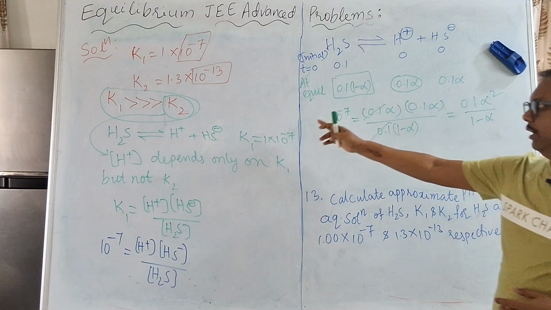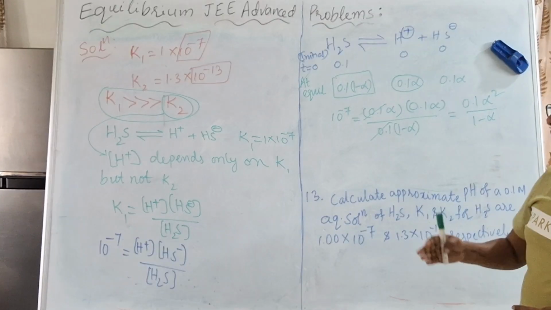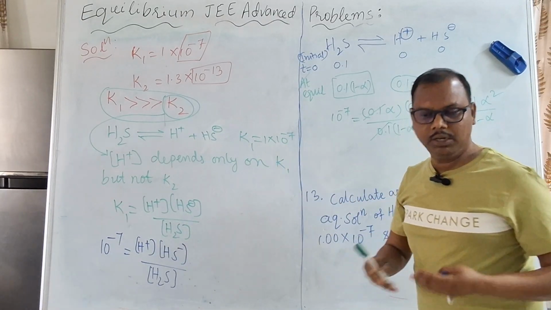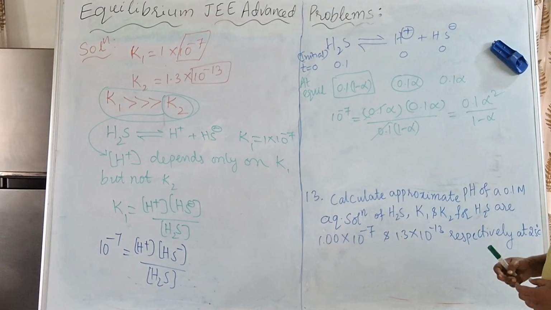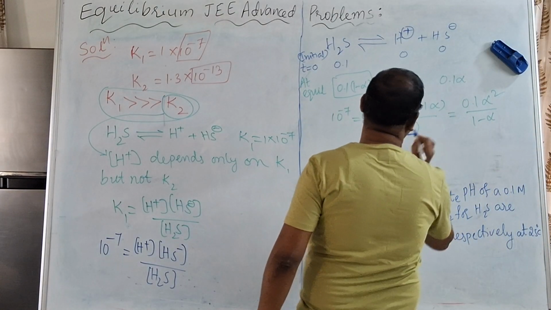Comparatively very less. 10 power minus 7 means it's very less. Anyway, it's very much smaller than K2, but here comparatively we know that very well. 10 power minus 7 is obviously a small value. Okay, right. But here the condition is what? The important condition for alpha,